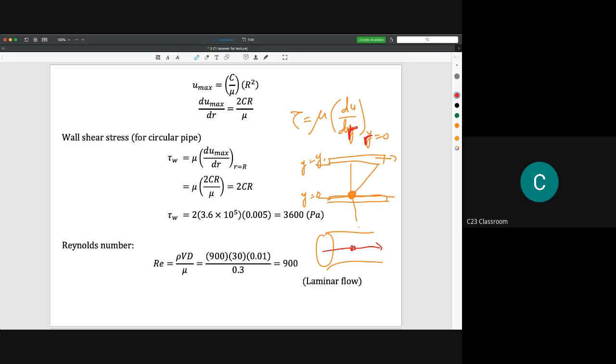So we need to write r equal to capital R, showing that the maximum shear stress occurs at the surface of the pipe. At this location, r is the maximum radius. So we put r equal to R, and then we get the value of shear stress here is